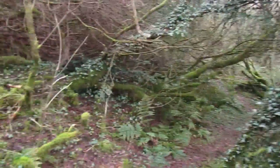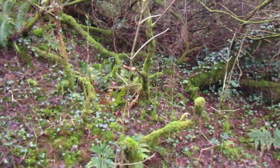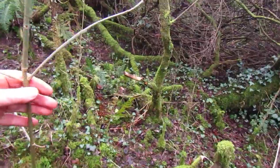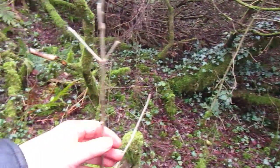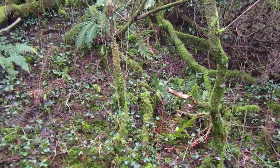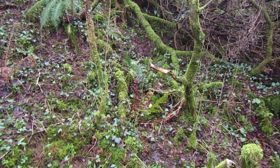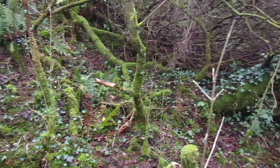And then there's the transformation that's happening here in the fairy woods, because all these, see these little saplings? These are little ash trees. So you have all these little ash trees coming up. Now I suppose one might ask, why have these never grown before? Like, why isn't this all an ash wood? Because there are ash trees around that shed their seed around,